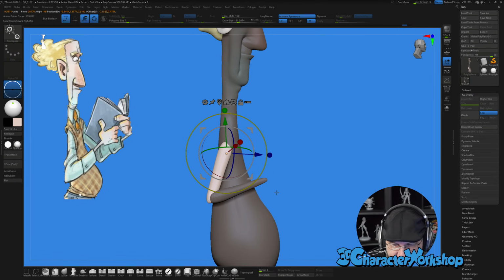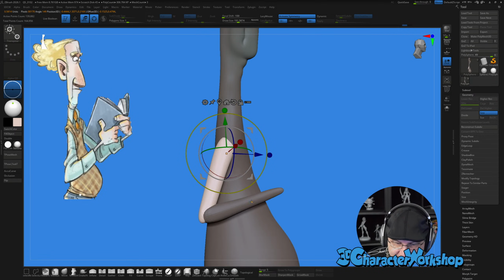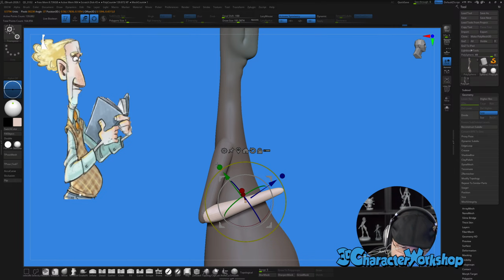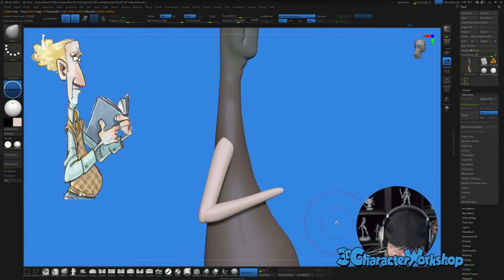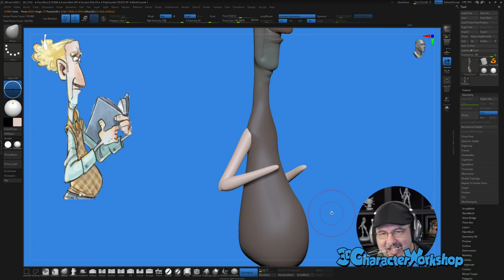I always get it backwards, so I need to do the opposite. I need to start on this one that I want to be unmasked, hold control, drag it over to this one, and then add shift. See? Shift, shift, shift. And now it's unmasked. It's so weird. Usually, I don't do that.